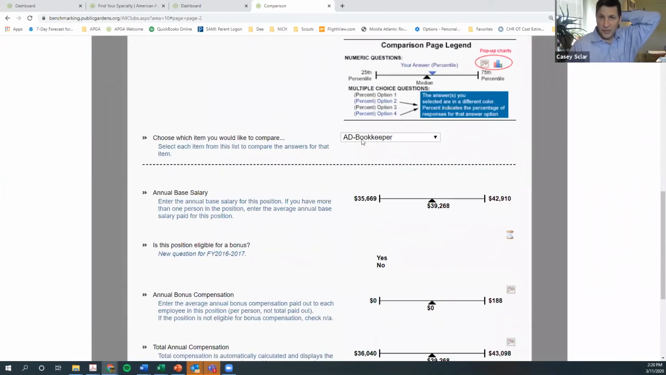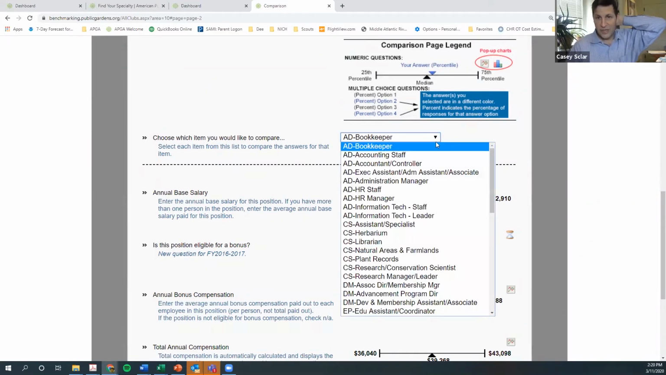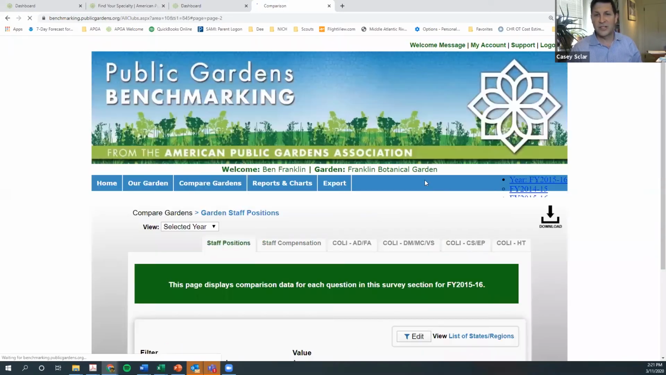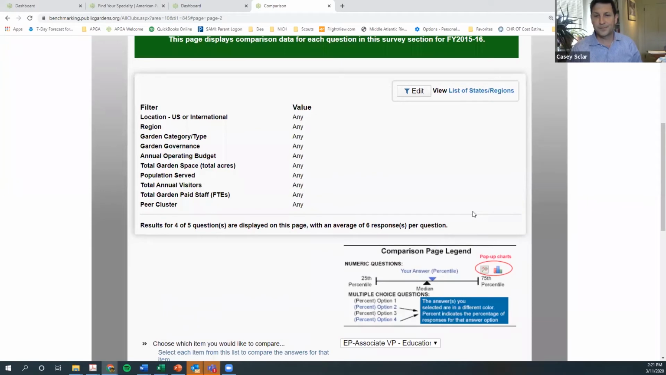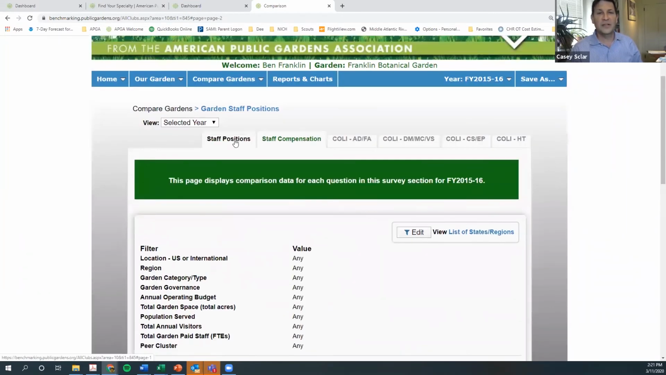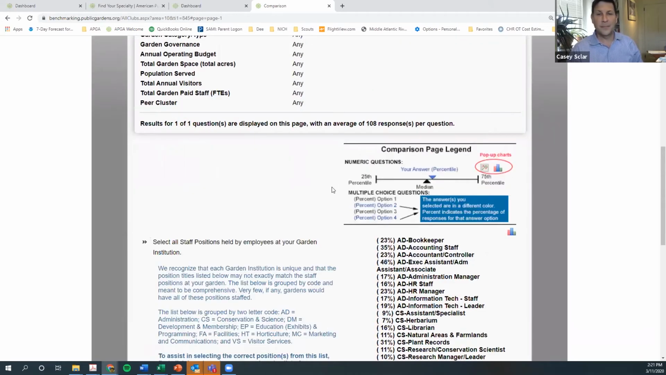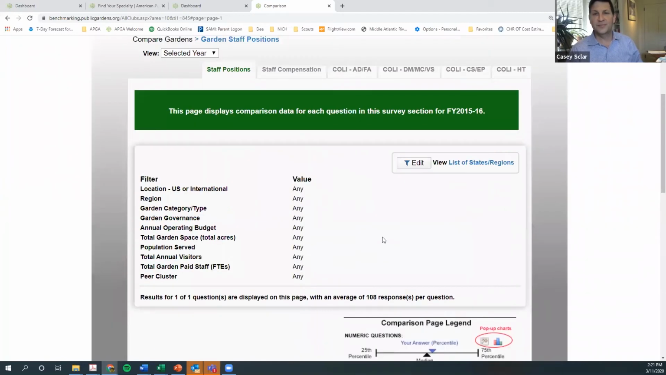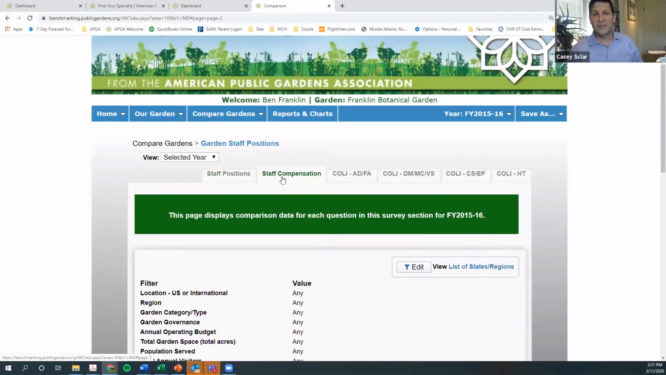So for bookkeeper, for example, or for any of the ones that we've checked that we want to have answers for. In this case, I think we have on our staff an education associate vice president. I'll have to go back and look at which boxes we checked in that spot. So we have an education manager position. So we'll go back in staff compensation and look at